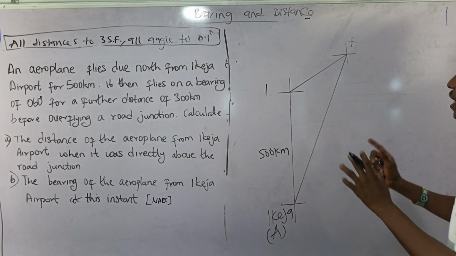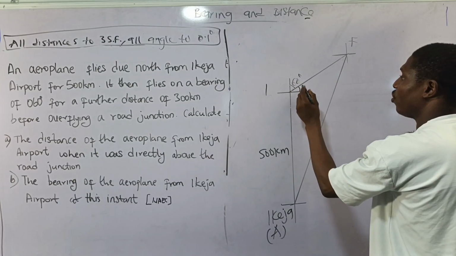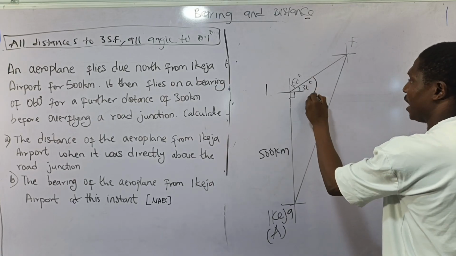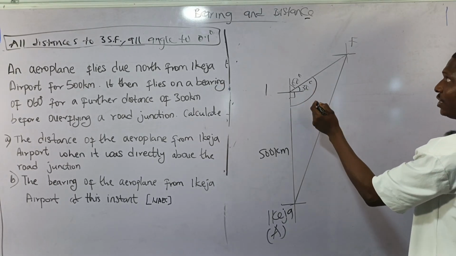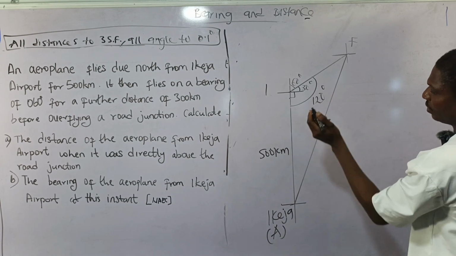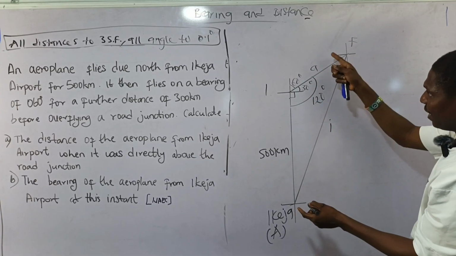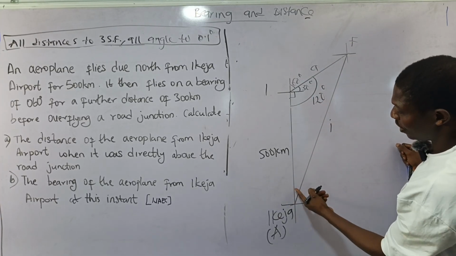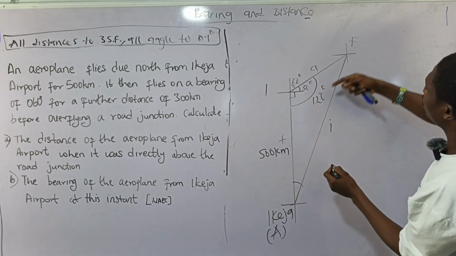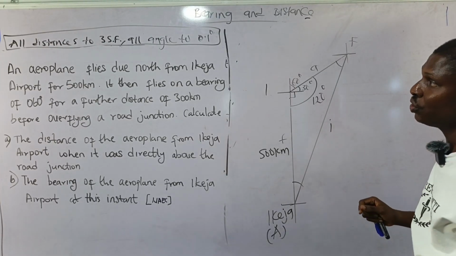You can see how neat the diagram is, how perfect it is. So this is my 60 degrees. If this is 60 degrees, here becomes 90 minus 60, which is what? 30 degrees. And this is a right angle. So I can have a combined angle of 90 plus 30, which gives me what? 120 degrees. This is my small letter I, corresponding to AF. This is my small letter A, corresponding to the airport side, and the angle the airport side is fixing. And this is my small letter F, corresponding to the angle of the final position of the